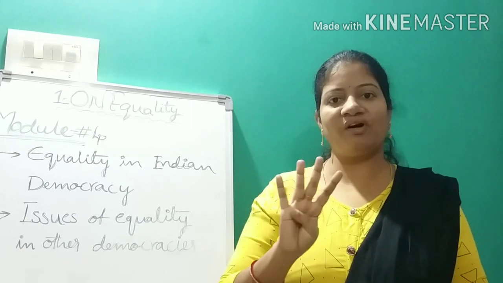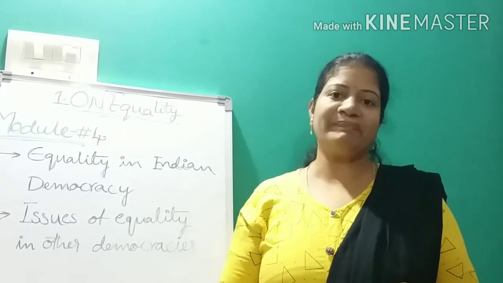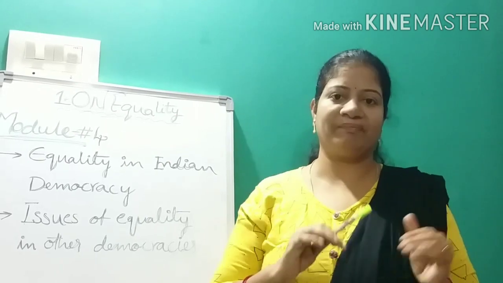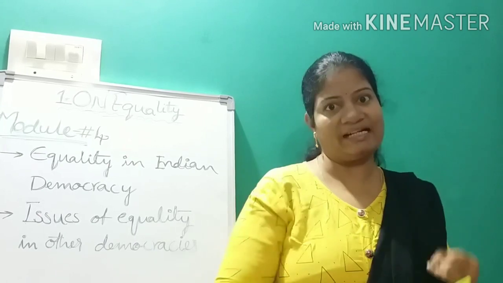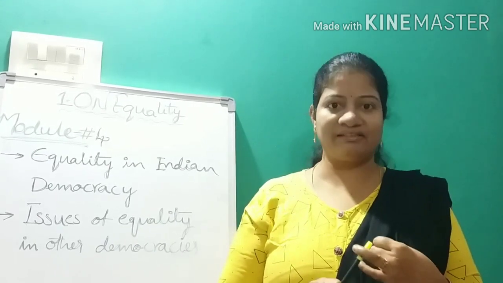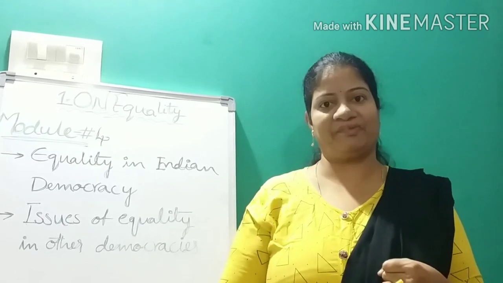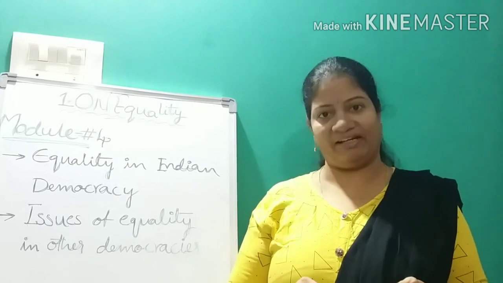In that, there were 4 important rules from the government. The first is that each and every person is equal before the law, from the President of India to domestic worker Kanta. In the first module we discussed domestic worker Kanta and her situation in the society, how she felt in the society, which shows financial inequality.